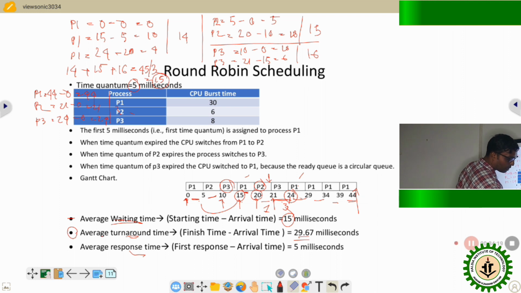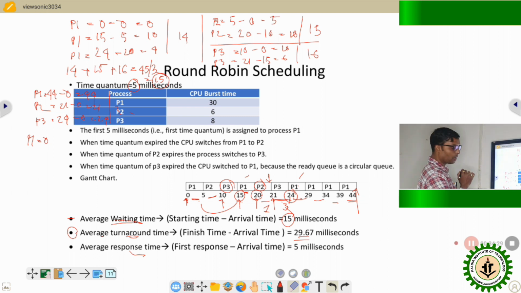The response time is the first response minus the arrival time for each of the processes. So process P1, the first response is 0, and the arrival time is again 0. So we'll get 0 as a result. The first response minus arrival time, for process P1. For process P2,